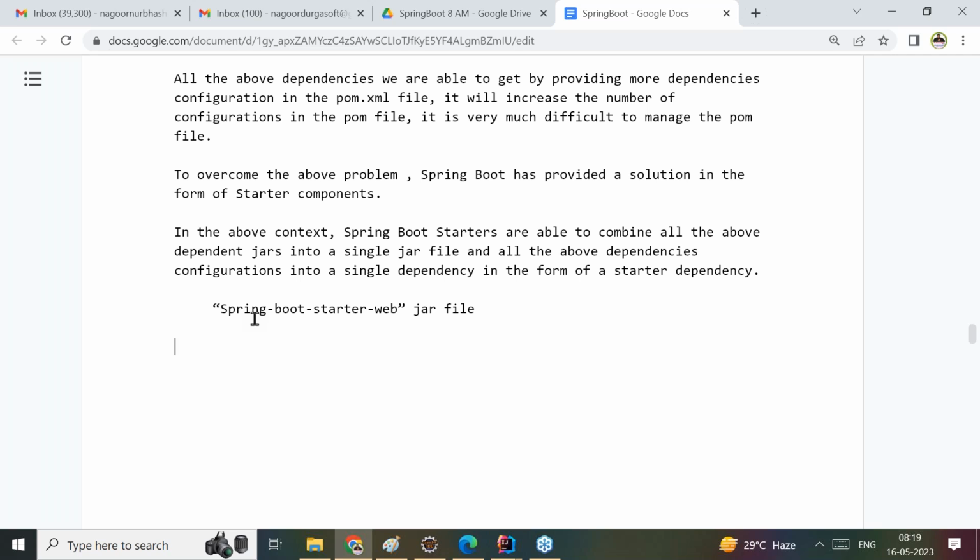Then this is just the dependency, not a jar file. Now observe carefully. Guys, understand the intention of the Spring framework and how it provides this. If we add the above starter dependency in a pom.xml file,